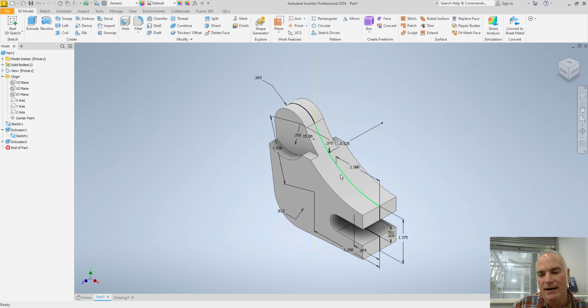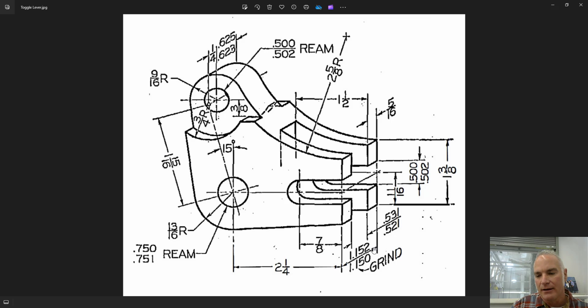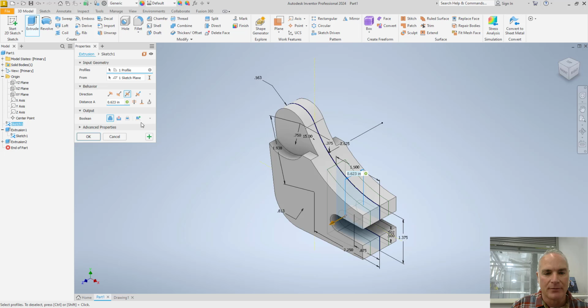And now we need to cut out the middle portion to make the forks. So again, I will use my extrude. I can pick that portion, and on this one the numbers are again different. It's 0.531 over 0.521. So it's going to be a cut feature,